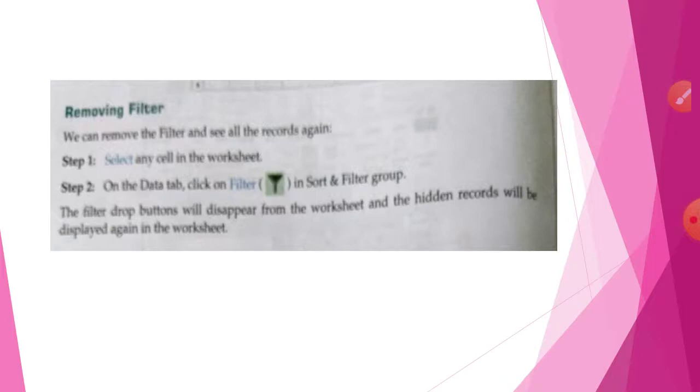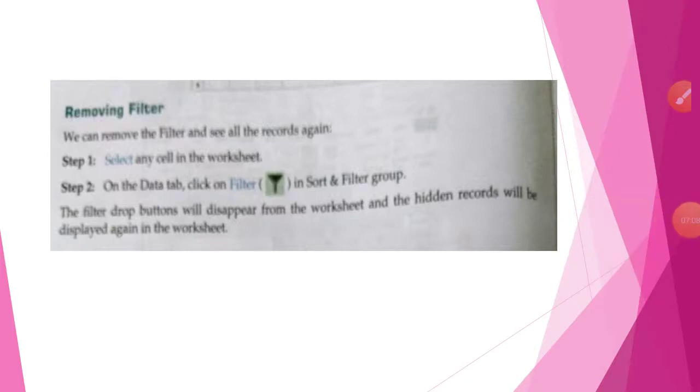And I'm hoping that you have tried whatever practicals I'm taking, you are going through it, you are doing the practice of those things. Without practice you will not get the answers I'm telling you, because all these things I have already explained to you in our last class. Okay, now this is the answer of your removing filter.